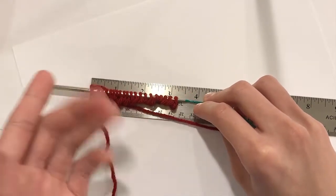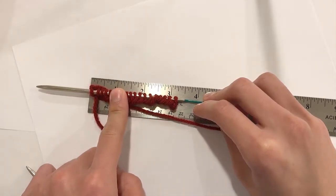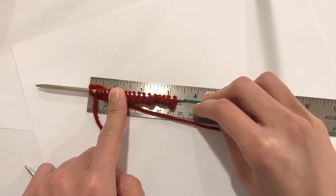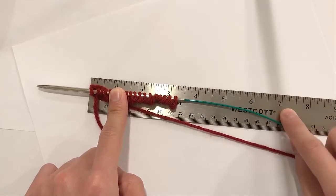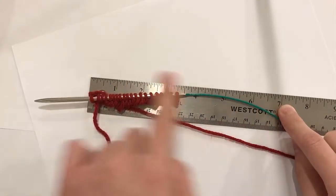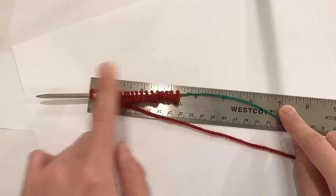So this is approximately 3.5 inches. Okay, so now the next step is to determine the total width that you want your piece to be. So for example, I want my piece to be a total of about 7 inches. Okay, so then once I've determined the total width that I want mine to be, I'm going to continue casting